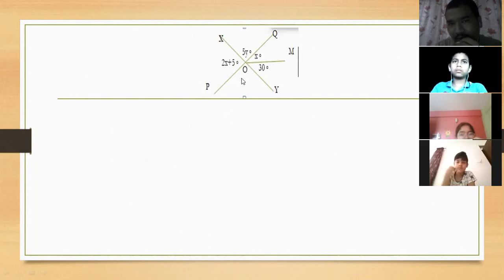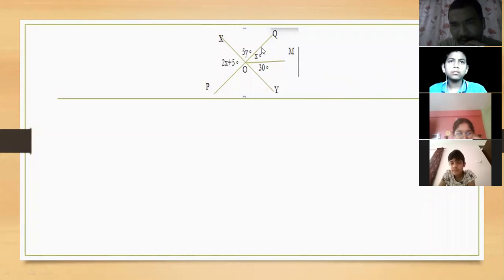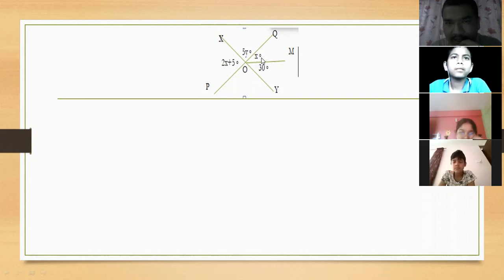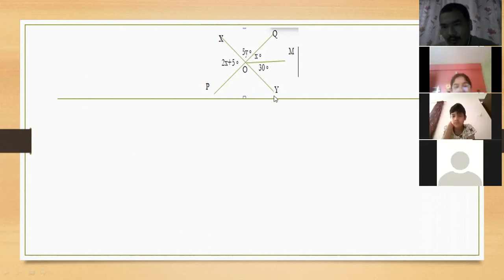Now, here, this question was also explained by me. Okay, listen. When we add this x degree with 30 degrees, this total will be what? This total angle where I am showing the pointer. I hope you all are looking at my pointer. Look on the screen. This x degree and 30 degrees, when you add, it will be x plus 30. This total is x plus 30, right? Which is angle QOY. QOY and XOP are vertically opposite angles. Are you looking, children?